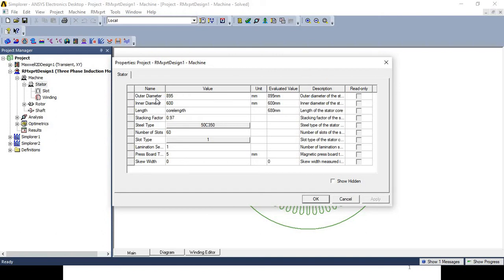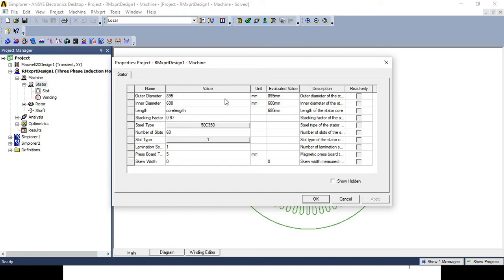In this case, outer diameter. You are going to design the stator of the three-phase induction motor, and the question is related to the outer diameter. What is the meaning of this? You can see in the description: outer diameter of the stator core.